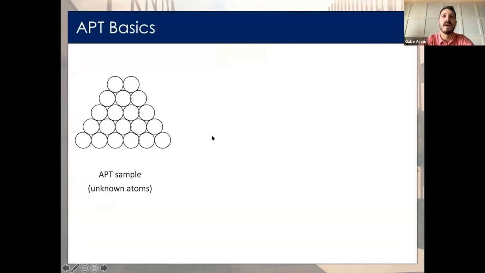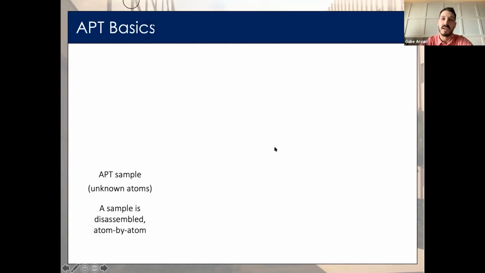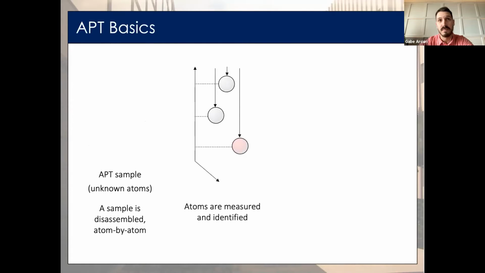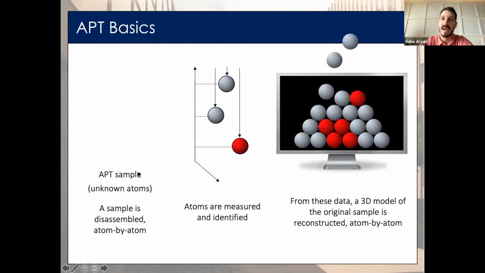Okay, so atom probe tomography is a unique method as it uses the atoms of the sample itself rather than an imaging media like photons or electrons that interact with the sample. And how this works is that we start picking apart our sample atom by atom in a controlled way. And these atoms, as they leave the sample, we're able to measure things about them and identify them. And then we can use this information to build an atom by atom reconstruction of the original material.